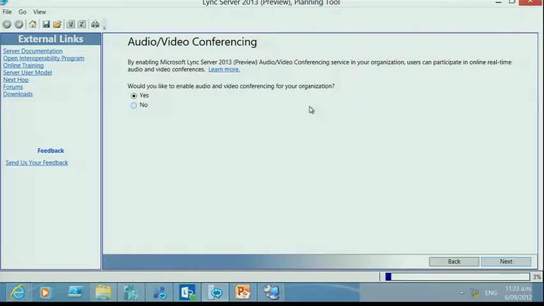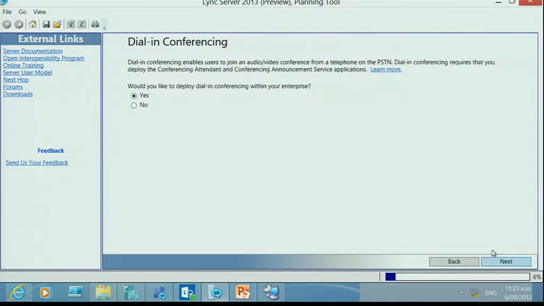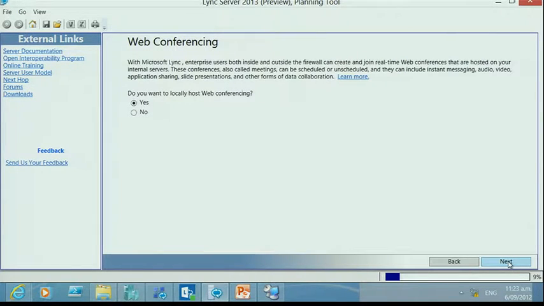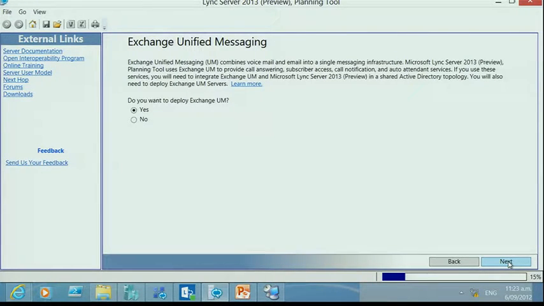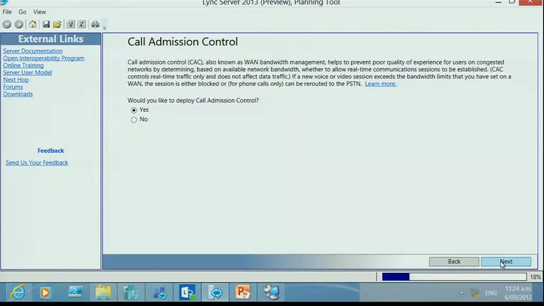So it's going to ask us whether we're going to use the audio video conferencing. This is the same as the Lync 2010 planning tool. Just going to emphasize the Lync 2013 workloads. So dial-in conferencing, web conferencing, and then enterprise voice is the same as well. Exchange UM, whether we would like to integrate with Exchange UM, and then it's going to just put a server for the Exchange UM in the planning topology that we've got. And then call admissions control,